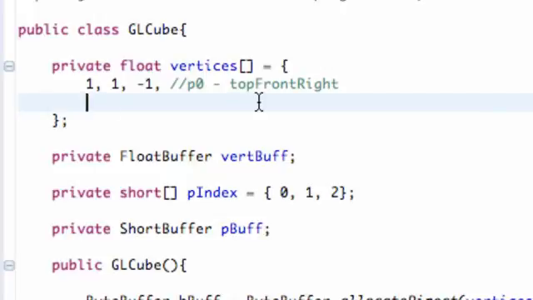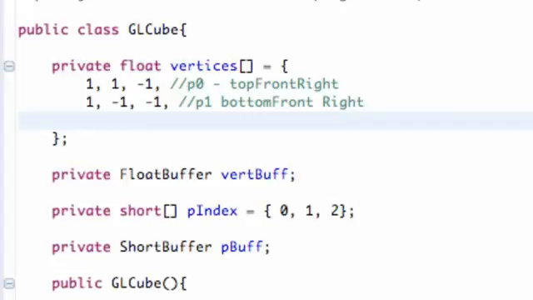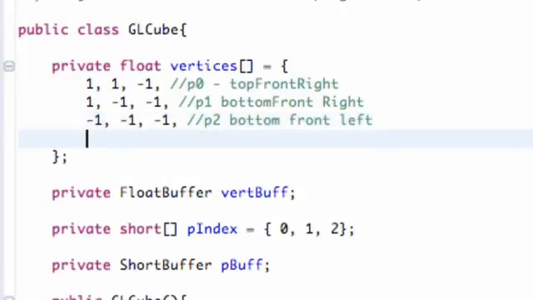So the next point, we're going to do the bottom front right, so we're just going to say 1, -1 in the y direction, and -1 in the z direction. So we're going to call this point bottom front right. Next point, we're going to say the bottom front left, so that's going to be -1 in the x direction, -1 in the y direction, and -1 in the z direction. And again, we're just going to call this point 2, bottom front left. Then we're going to set up the top